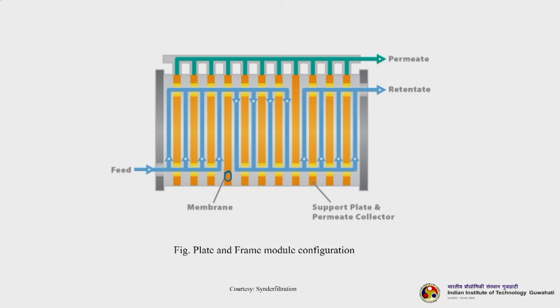So, these colors actually, that is membrane material. So, this is membrane, right, and feed is entering and it is channeling. You can see how the feed flow is happening. Once it comes here, crosses these three membrane systems 1, 2, 3, okay, another membrane, then it flows like this, then again it goes. So, you get retentate here and the overall permeate here. So, then there are support plates and permeate collectors inside that. It is a very easy system, easy to manufacture also and easy to handle also.